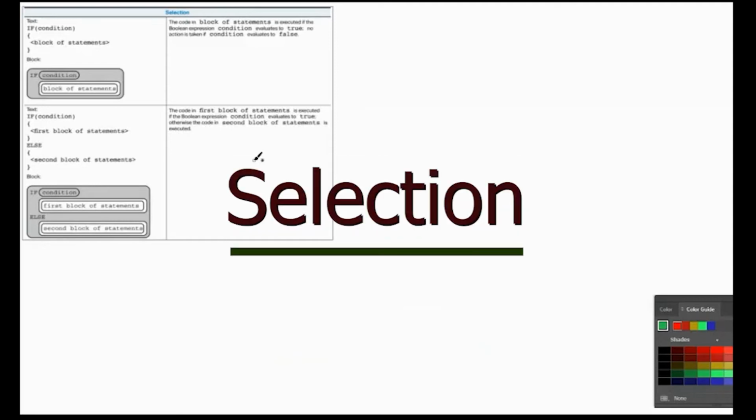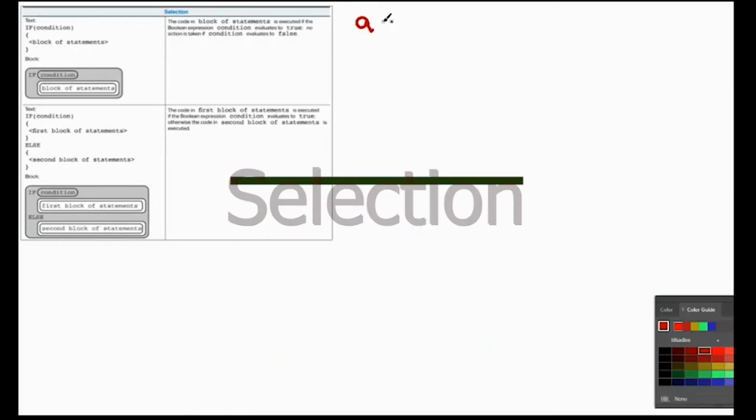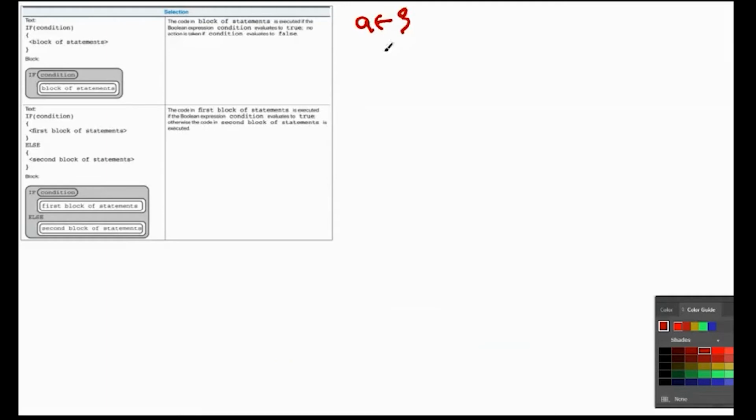It's if, and then in parentheses, condition. Let's make a whole program here. Let's say A is 3 and B is 2. Okay, this is a 3. It's just really sloppy, so sorry about that. And we're going to do